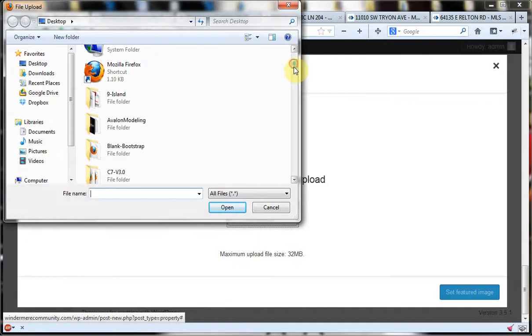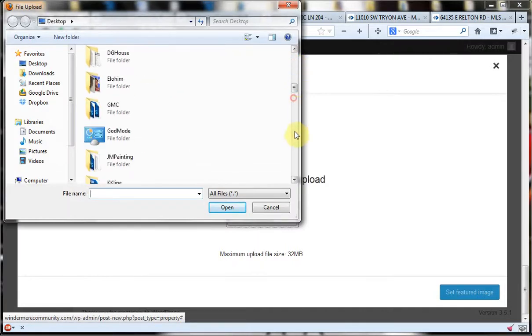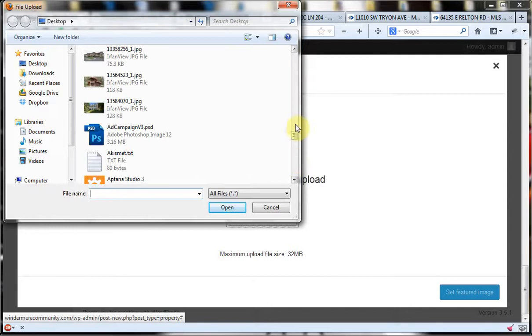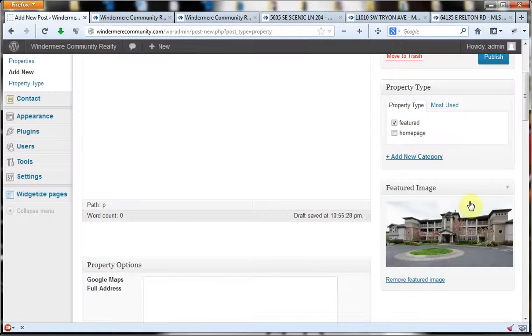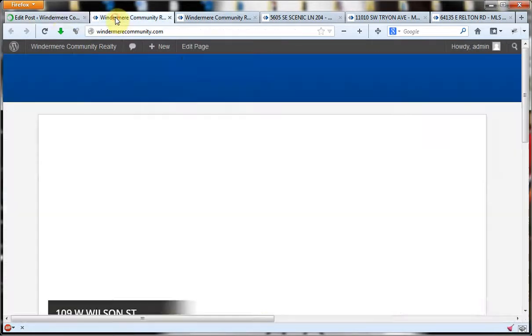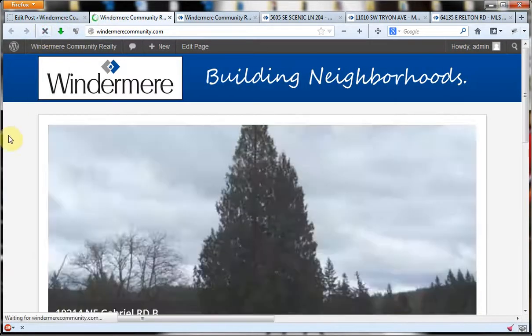And in our next video, we actually show you how to crop these images for the correct size for this system using an open source tool in case you don't have one. But we've already cropped this here, so I'm just going to go ahead and import it in, set the featured image. I'm going to publish, and now when we come back out and we refresh, we're going to see that